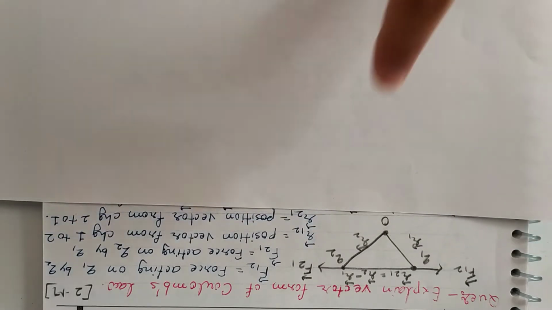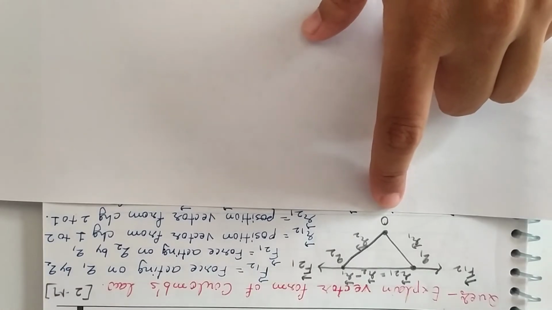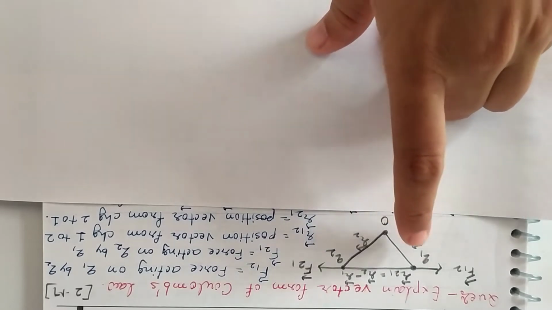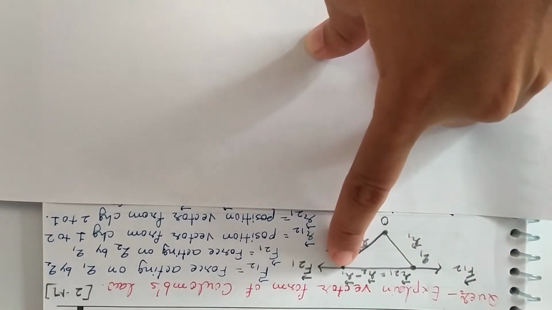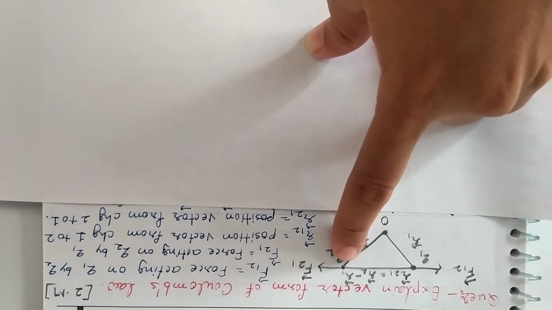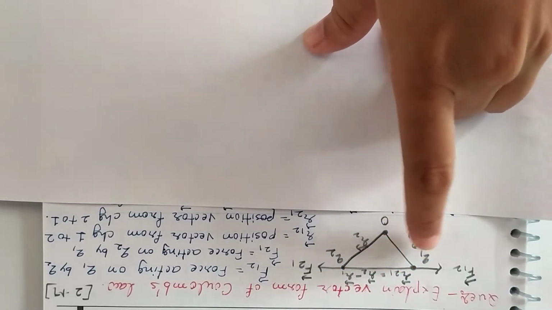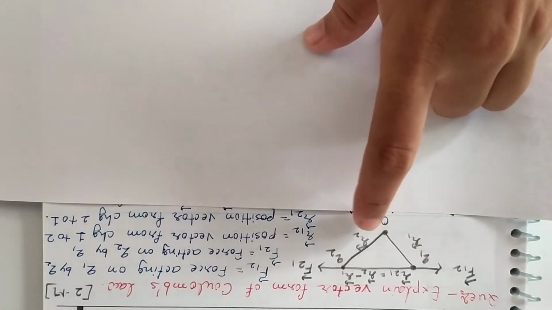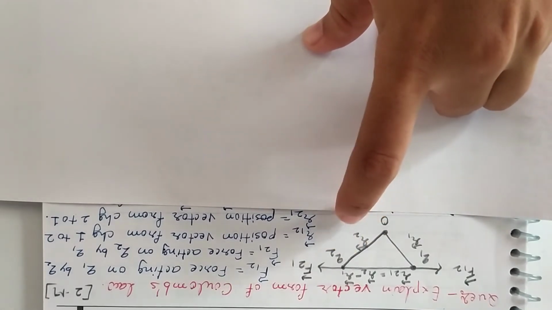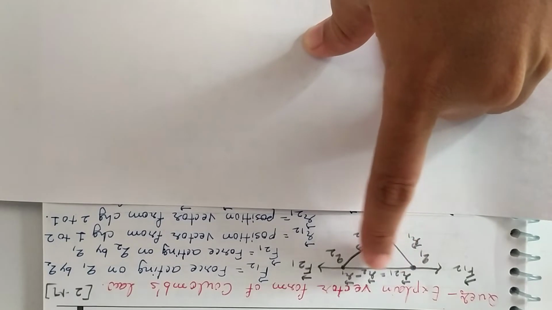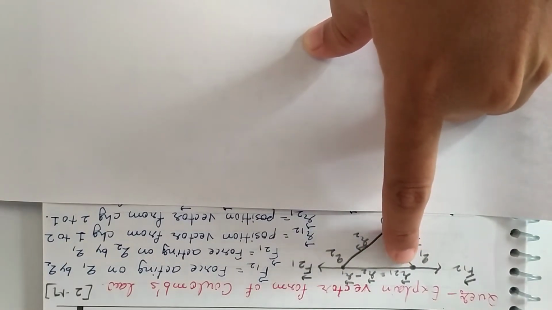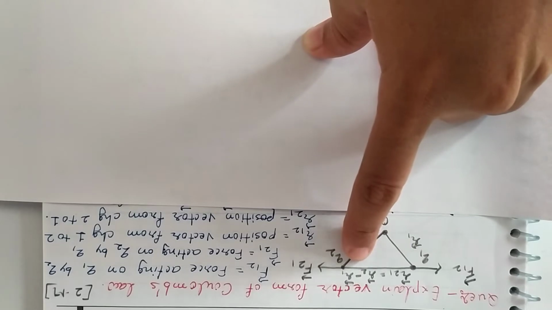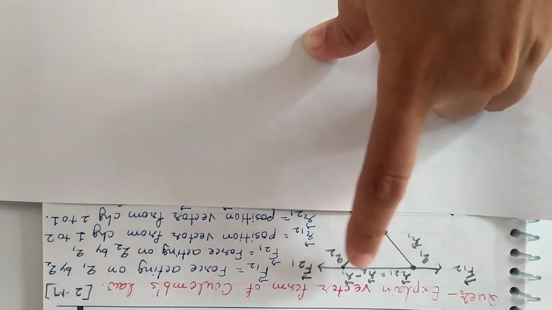Here we are considering an origin O, and from the origin we are considering two charges Q1 and Q2 separated by some distance. The distance from the origin to charge Q1 we are taking as R1, and the distance of Q2 from the origin is R2, and the distance between the two charges Q1 and Q2, that is R21, is equal to R2 minus R1. This vector form we have already studied in standard 11.